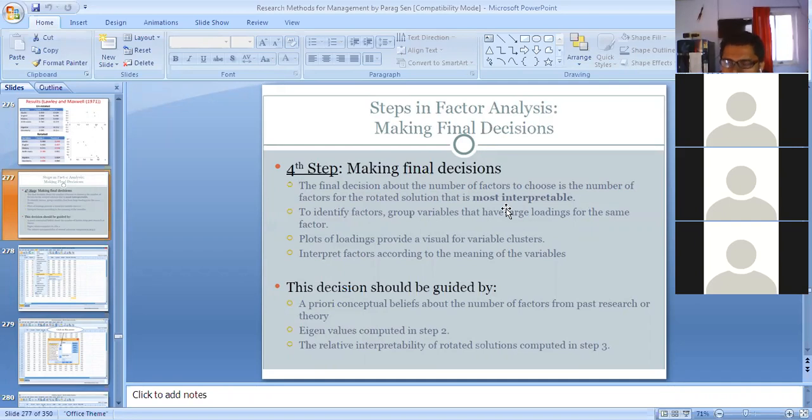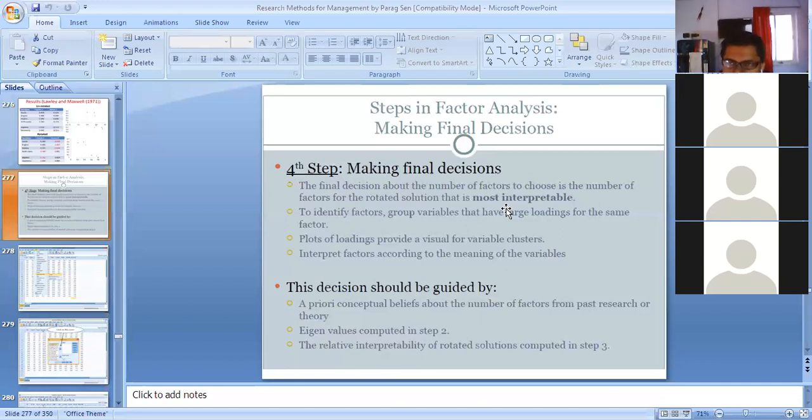You will be getting different types of variables from different papers. You need to jot down all those variables, and after jotting them down, think about which variables you can club together to form a particular factor or construct.